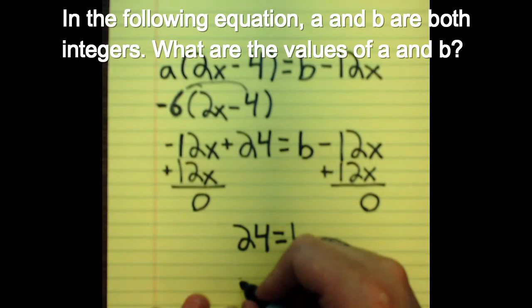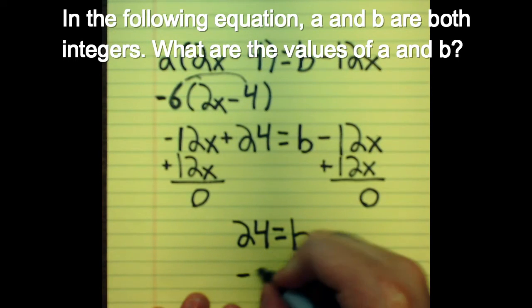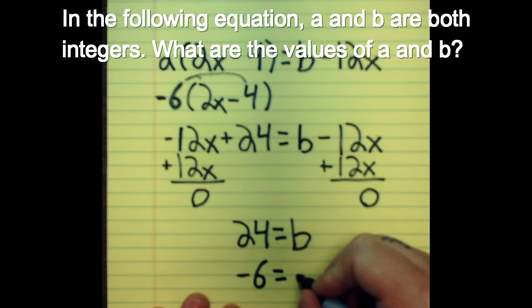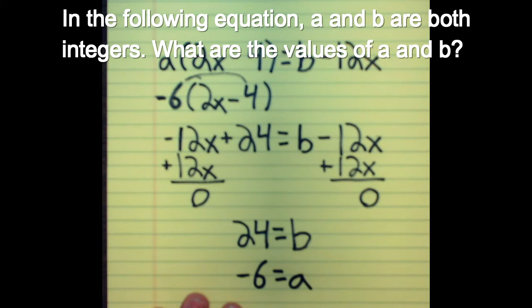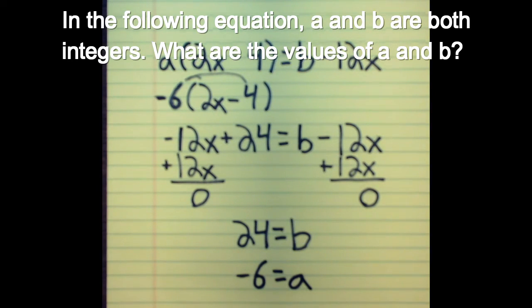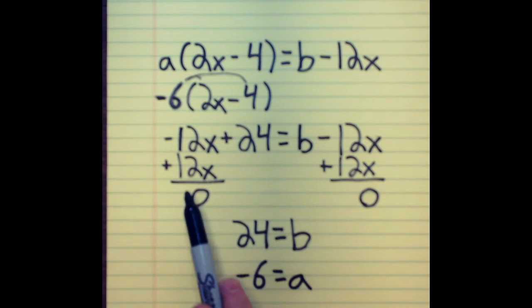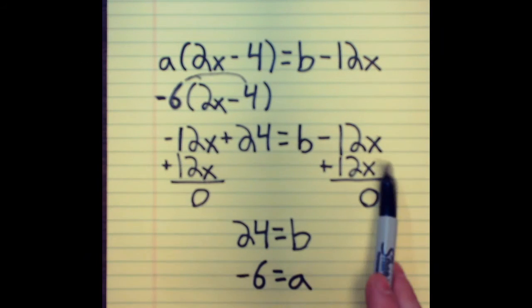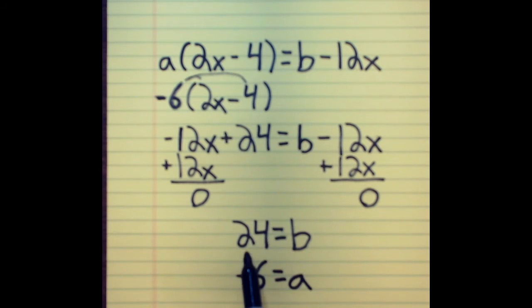So let me slide this up for you a little bit. So negative 6 would equal a. And that's how I could come up with the answer for this one. Because basically I got rid of my 12x's and was just left with 24 equals b. So I knew 24 would equal b if negative